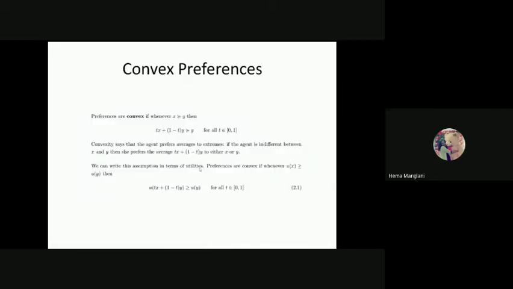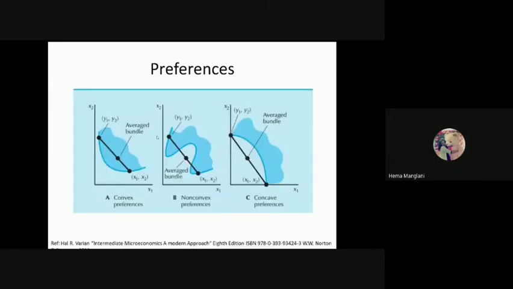Then to identify convex preferences mathematically, you can discuss it like this. Convex preferences I can define this way mathematically, where T is a scalar we are using here. Yesterday we saw that the proportion T is just an amount: how much of X and how much of Y you want to increase and decrease, and that defines your MRS.